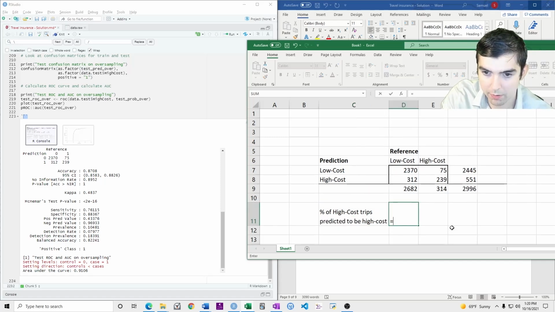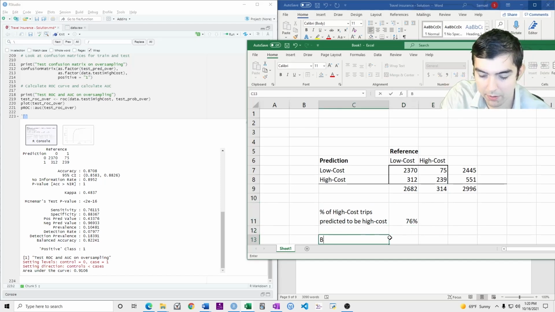And then that is the percent of high cost trips, so actual high cost trips. So it's that over that, 76%. And then let's make that a percentage.